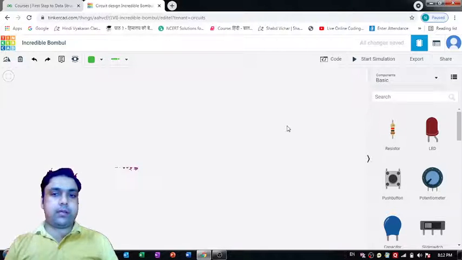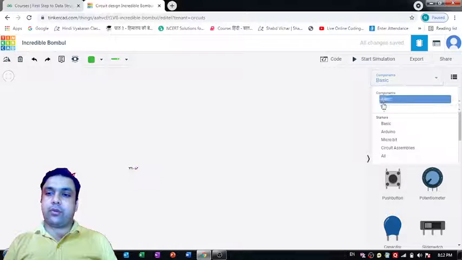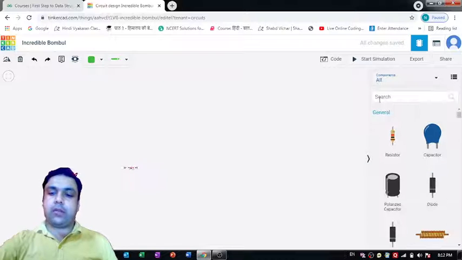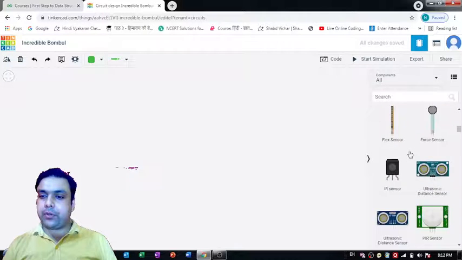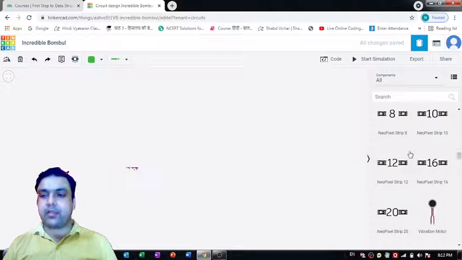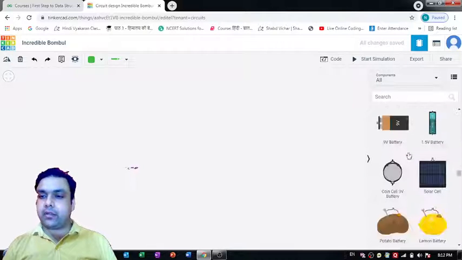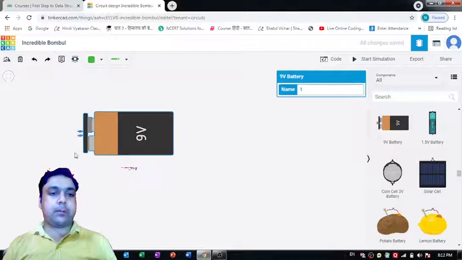Fine. Now I would like to first give you some examples of series circuits. So let's select all of this from here, and the first component I would like to use for developing a simple series circuit is this 9-volt battery. So I'm putting it over here.